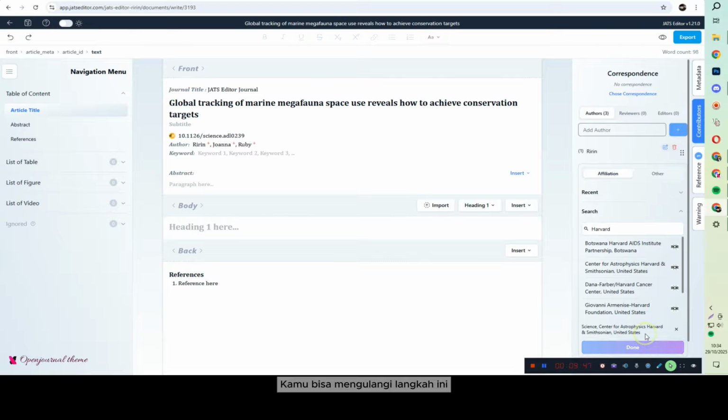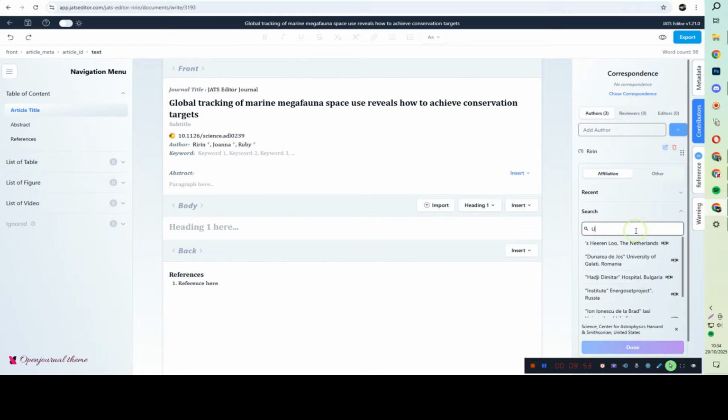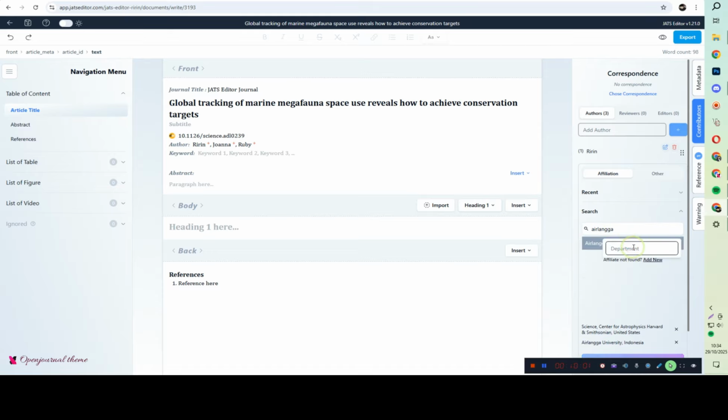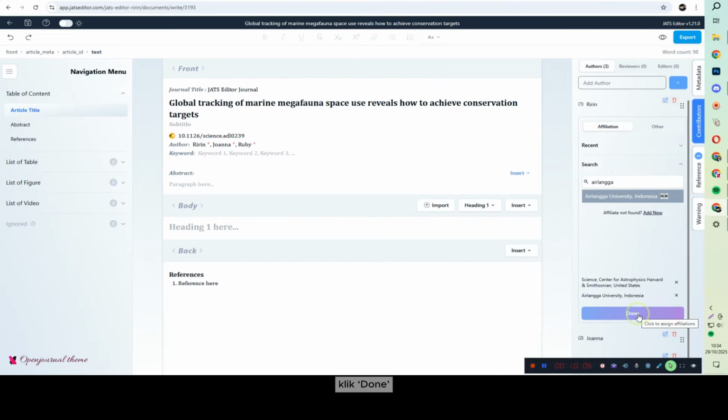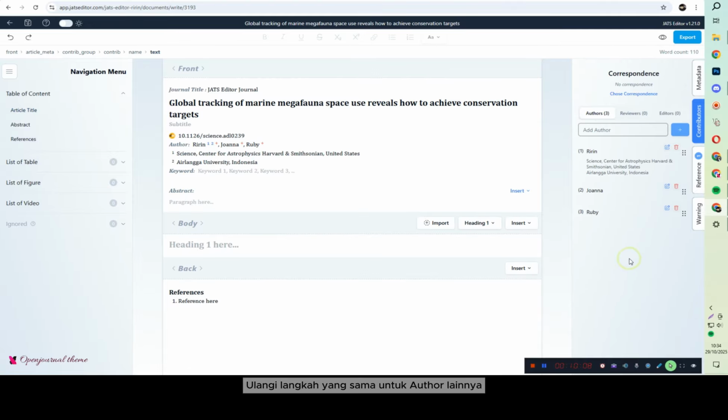You can repeat this step if the author has 2 or 3 affiliations. Once all affiliations appear below, click Done. Repeat the same step for your other authors.